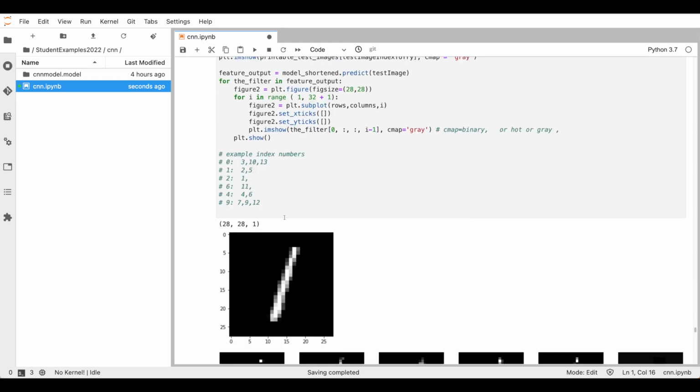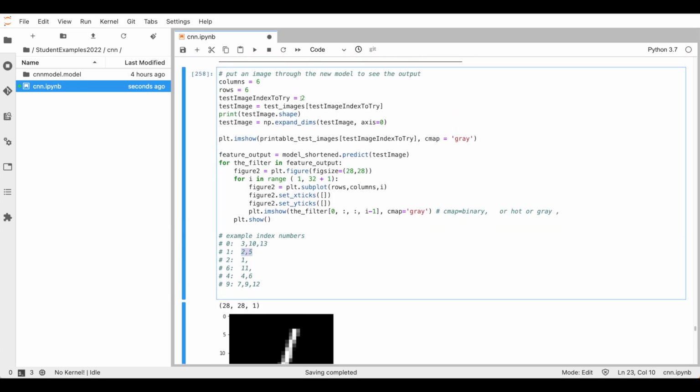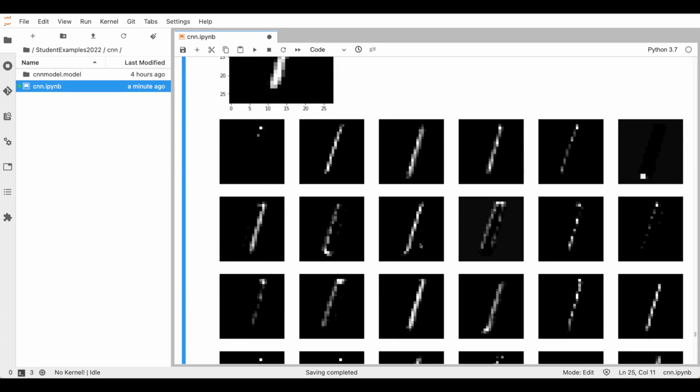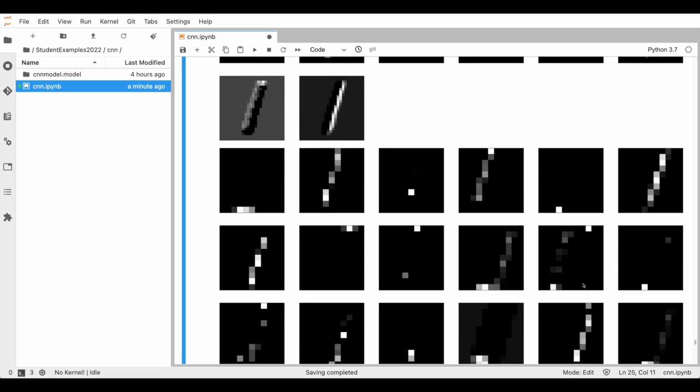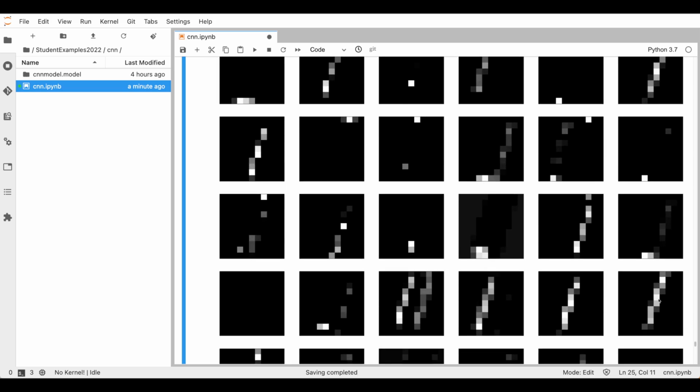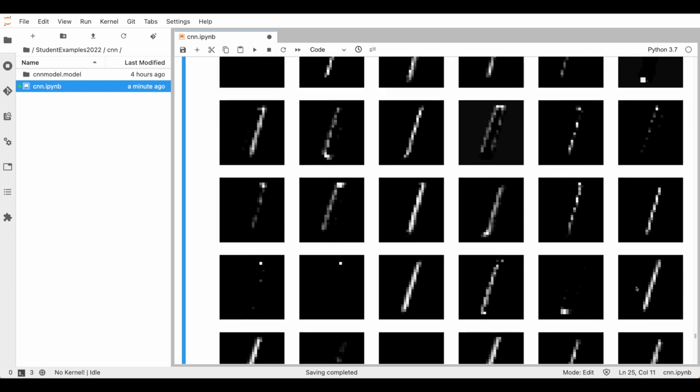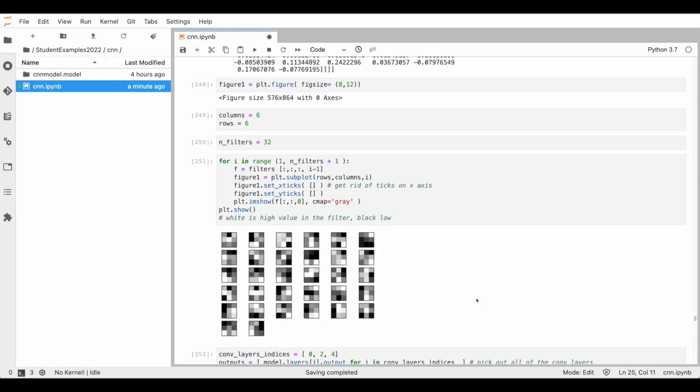And what I did is I put a number 1 in here. It happens to be example 2. Okay. So example 2 is an image of a 1. And we were looking at, I believe, the 4th one down on the side. And you can see that it detects a line here. But of course, it doesn't have that little dot that we saw over there on the 9. Okay. So looking at the filter, we would see right here that it definitely looks like it has some sort